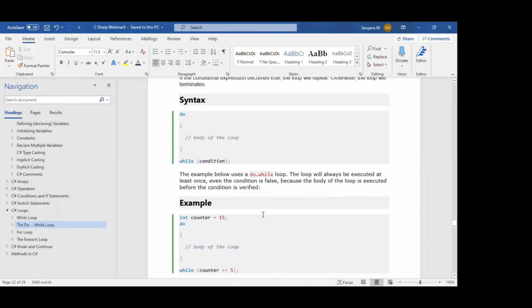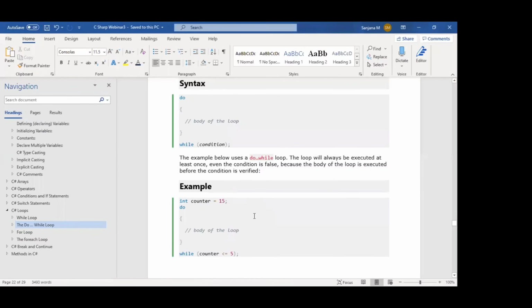For example, here we assigned a counter variable with 15 and we started do, and if we have multiple statements, we should have the counter value.